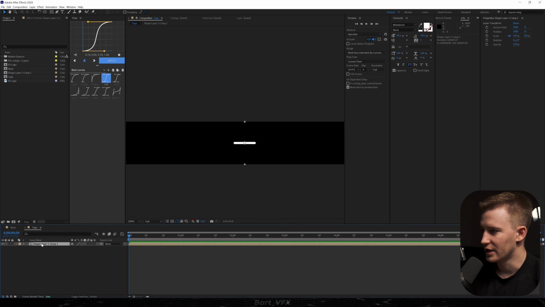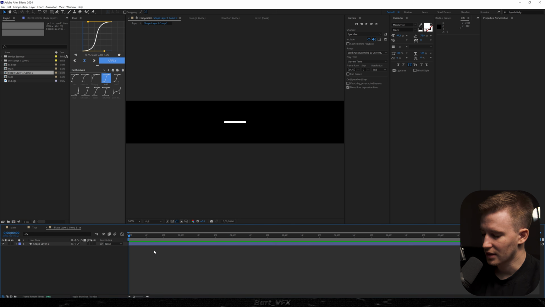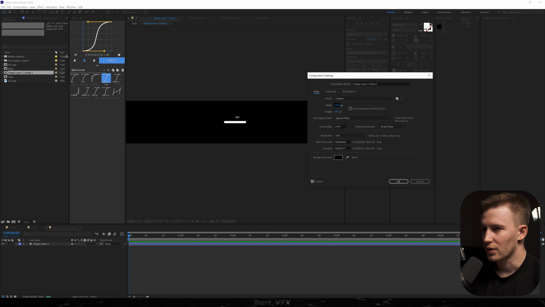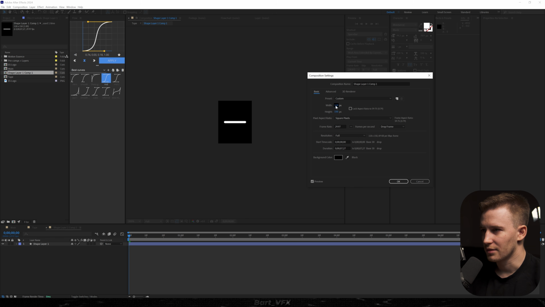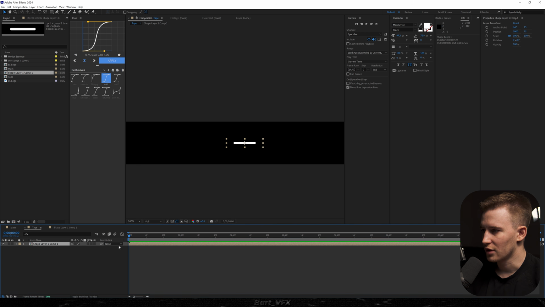Now we need to head over here and we're gonna adjust the settings in that comp. So I'm gonna hit Ctrl+K, and we need to decrease the width definitely to do something like that. Maybe a bit more, and then height as well. Something like that should do. I'm gonna hit OK. I'm gonna go back, and here to this layer, which is that shape, I'm gonna add